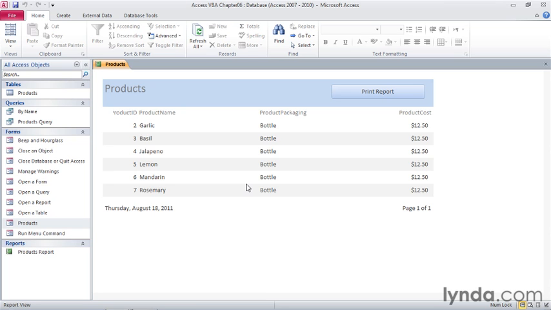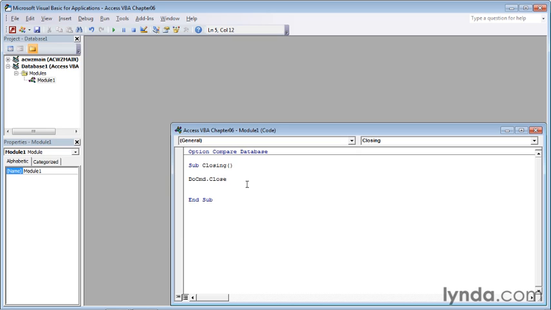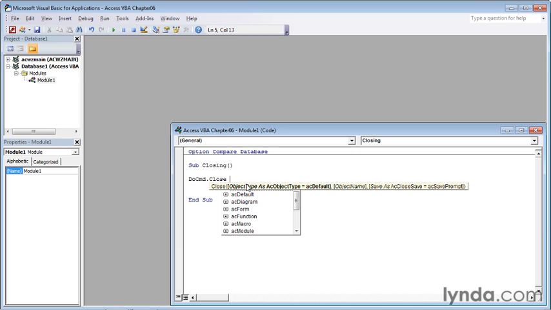Now we're going to work with the products report. And press Alt F11 again to go back to the VBA code module. And now if I type space, I can select from a list of objects that I would like to close. Now I'll press the escape key to get rid of the tool tip. So we can open or close the database properties window, the diagram, a form, a function, whatever. In this case, we want to close a report, so I'll just scroll down and then click Report and press